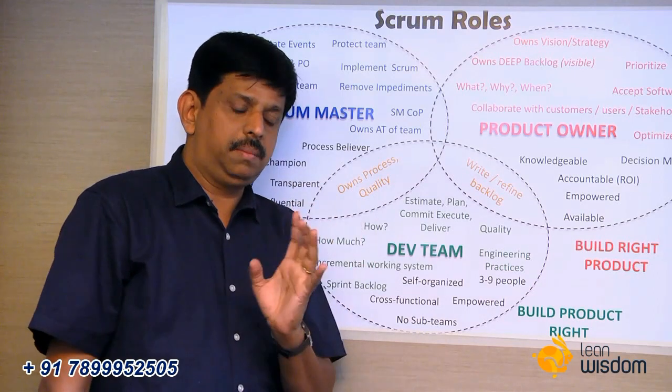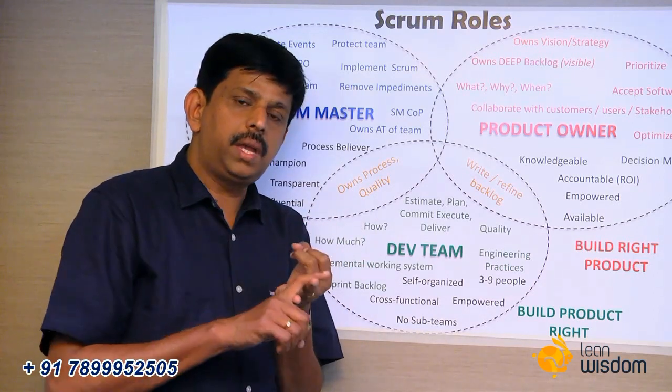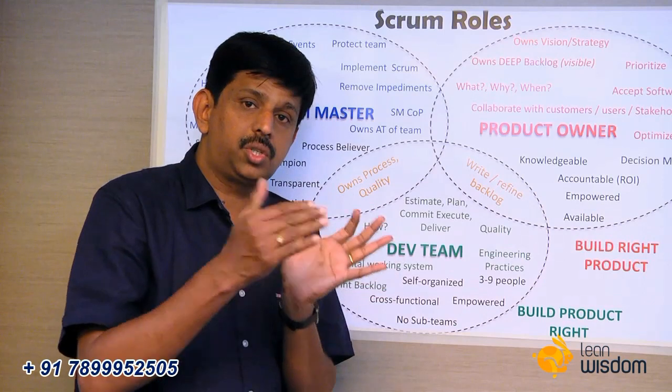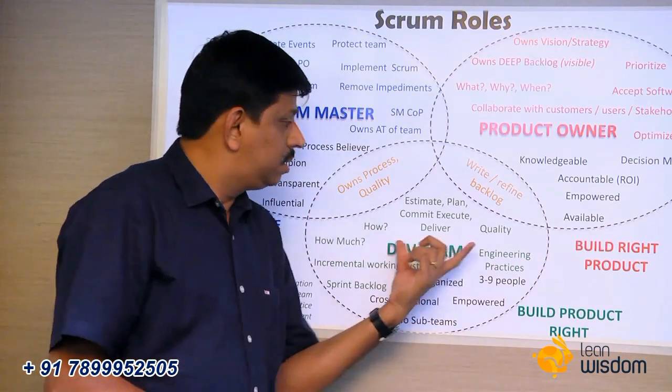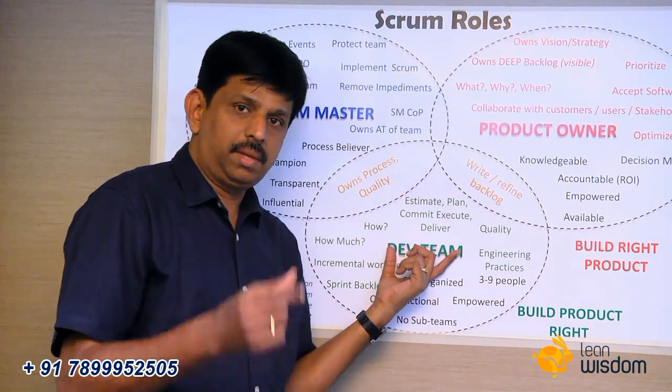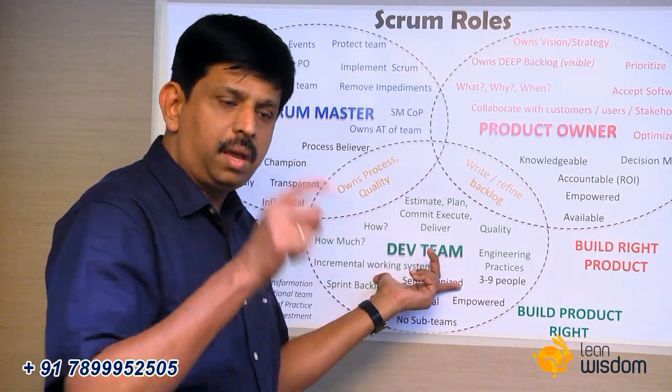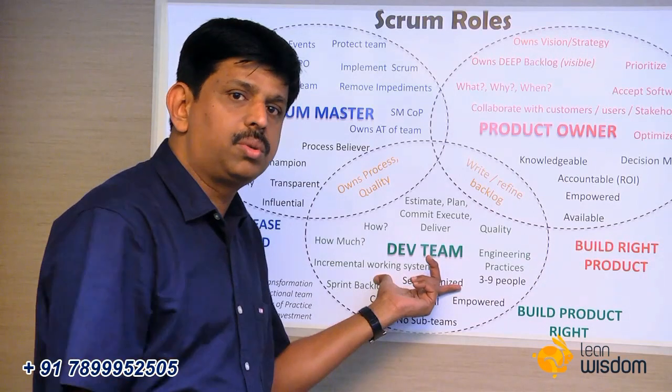Whatever we build as a team, we are very predictable, we release very high quality, and we are able to release in the shortest time. The lead time and the cycle time need to be shortest. This team is responsible for the cycle time. Can we complete a feature or a user story in a short time?